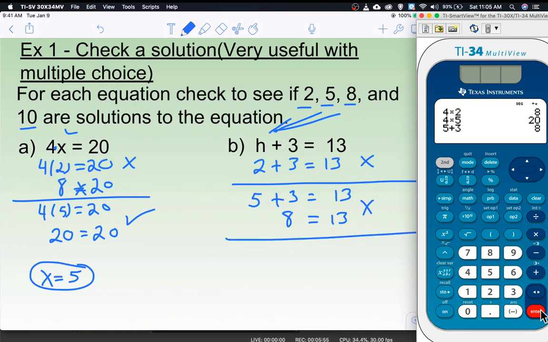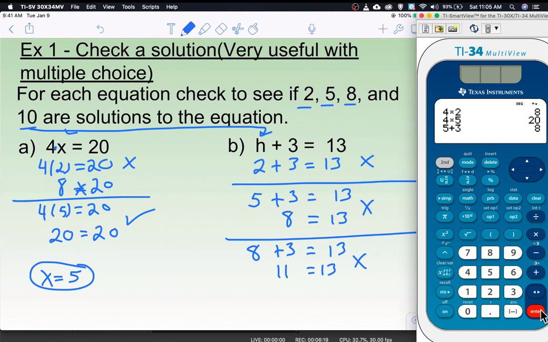If I plug in the next value, I'm going to plug in 8 now. Is 8 plus 3 equal to 13? No. 8 plus 3 is 11. So this math doesn't work out. 11 is not the same thing as 13, which means it pretty much has to be our last possible choice,